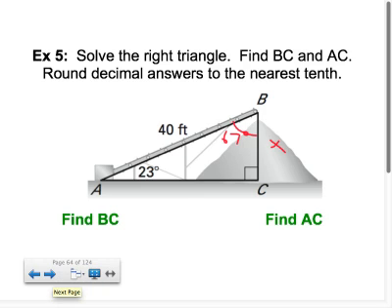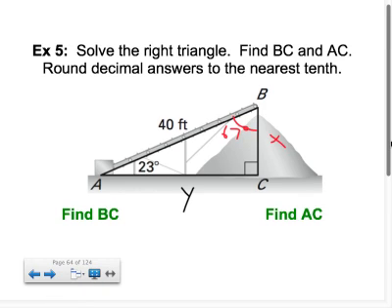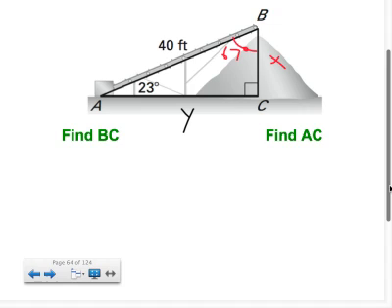I'll label this in black because we'll do that work in black. Okay, and so I'm going to scroll up here. So our task is really to solve for X and solve for Y. If I'm solving for BC, it doesn't matter what angle you want to use. You can use the 23 or the 67. I'll just use the 23 because that's what they gave me. I'll keep it simple. So X or BC is the opposite. I know the hypotenuse. So OH tells me to use sine. So sine of 23